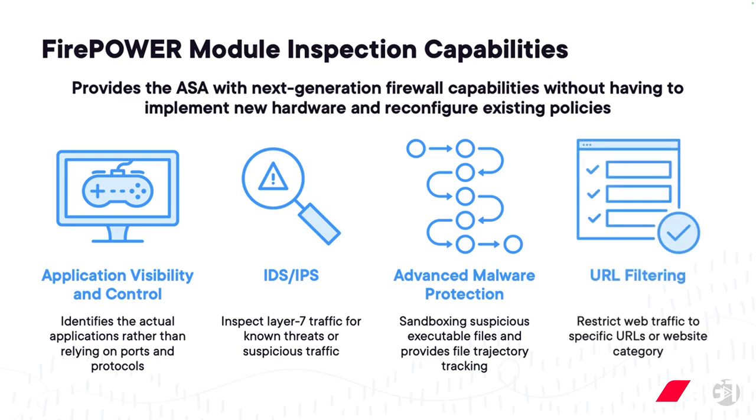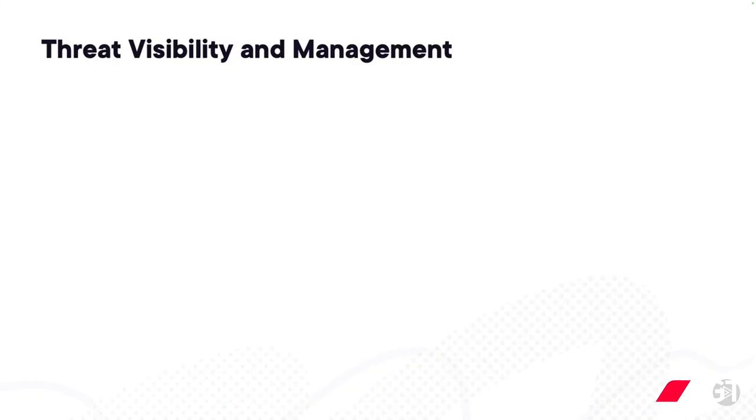And then finally, the Firepower module provides URL filtering capabilities for the ASA. This will allow organizations to determine which URL categories, as well as specific URLs, their users and devices are able to connect to. In addition to the ability to restrict traffic based on applications, URL categories, and whether or not there's malware in the data, all of these additional features allow for more visibility into what is running on